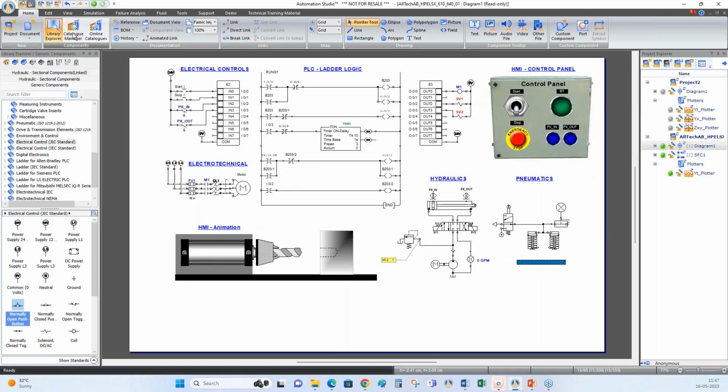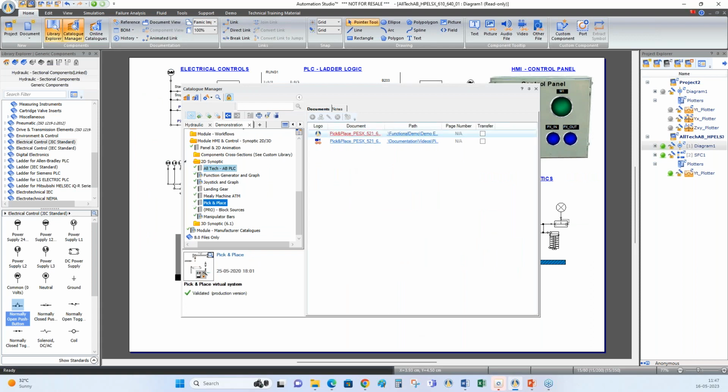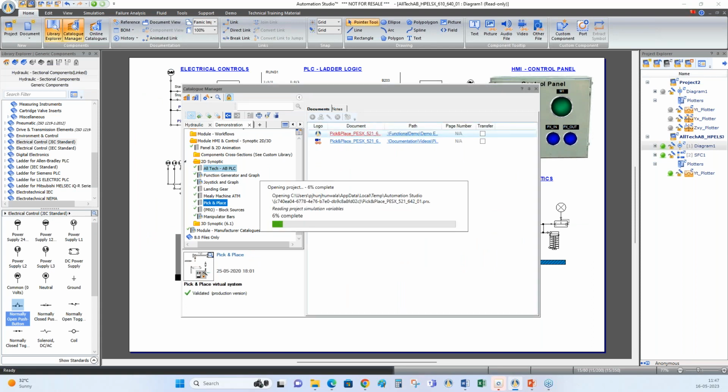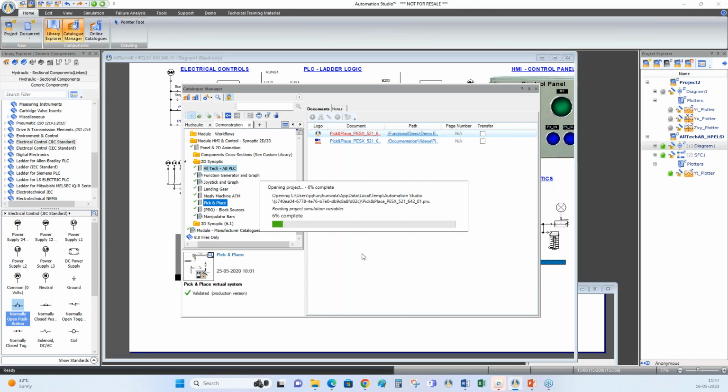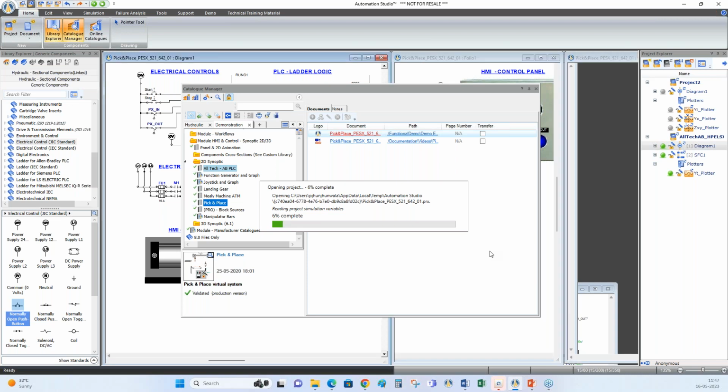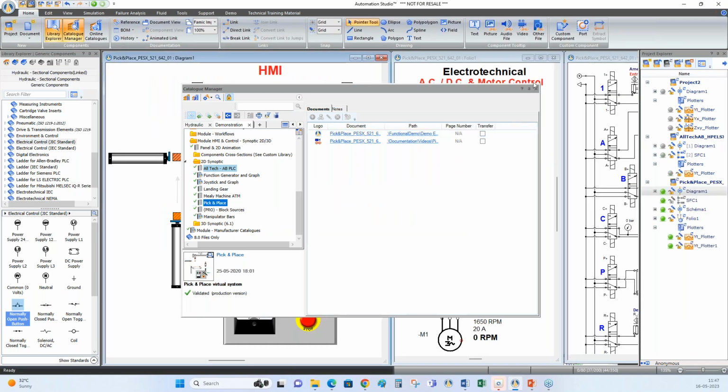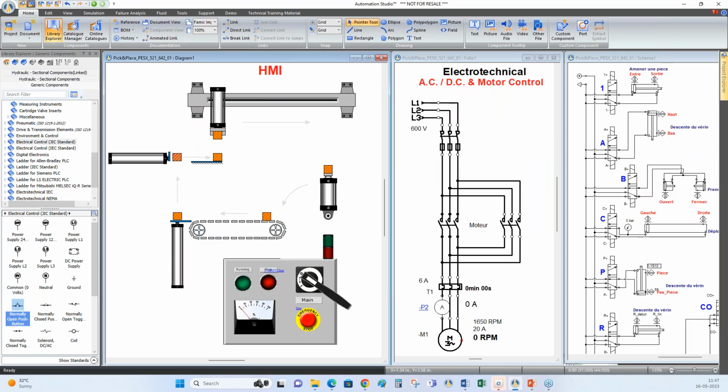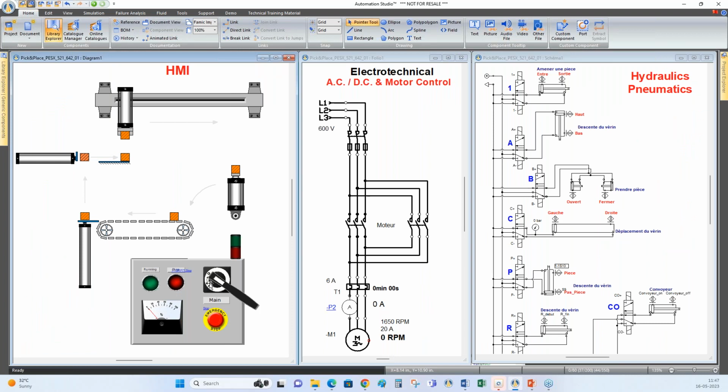Similarly, there is another example of pick and place. So let me just adjust the pages. Okay, so here this is a hydraulic pneumatic circuit. This is an electrotechnical AC/DC motor control. So through this DC motor, we are controlling the motor of our hydraulic circuit. And this is like a 2D view, the virtual system that we have created for the pick and place system